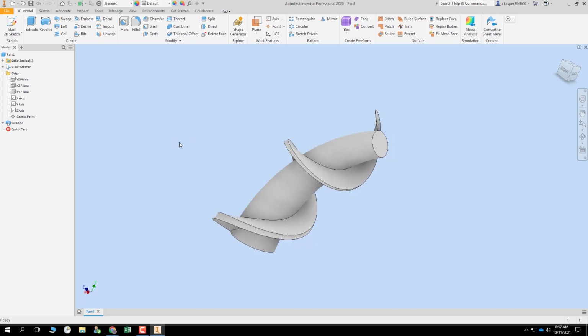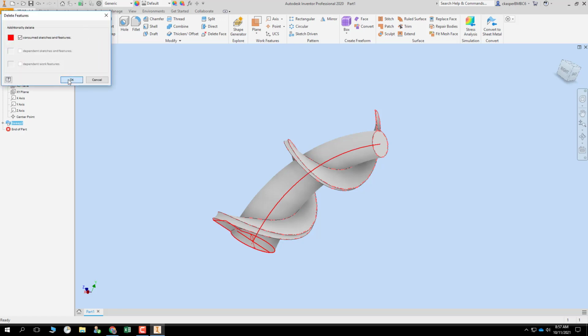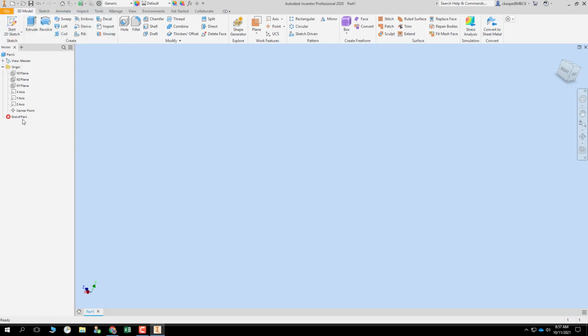Okay, but here's one thing that sweep cannot do, and I'm going to show you. Okay, let's get rid of this right here. Delete that and the sketch. Now let's talk about loft. And I want to contrast and compare sweep and loft. Loft in its easiest form